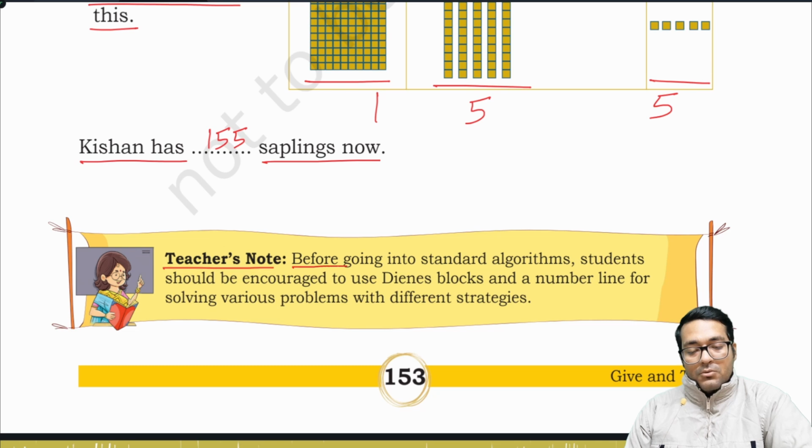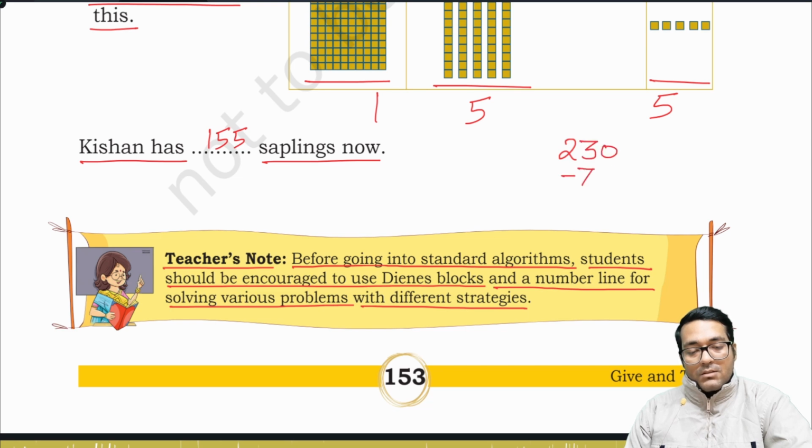Teacher's note: before going into standard algorithms, students should be encouraged to use Dienes blocks and number line for solving various problems with different strategies. For this problem, you can use this method: